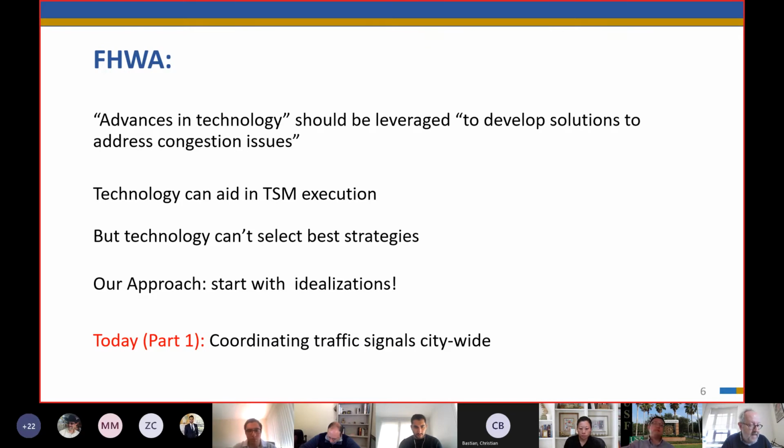And then if we find that our solutions hold promise and are not too small to matter for simplified cases, then we might think about how the solutions might be extended or adapted to accommodate the more complex conditions that can occur in real-world settings. And what I want to do, I want to illustrate this stepwise approach at the start of my presentation today. And I want to do that by discussing some ongoing research pertaining to the coordination of traffic signals across an